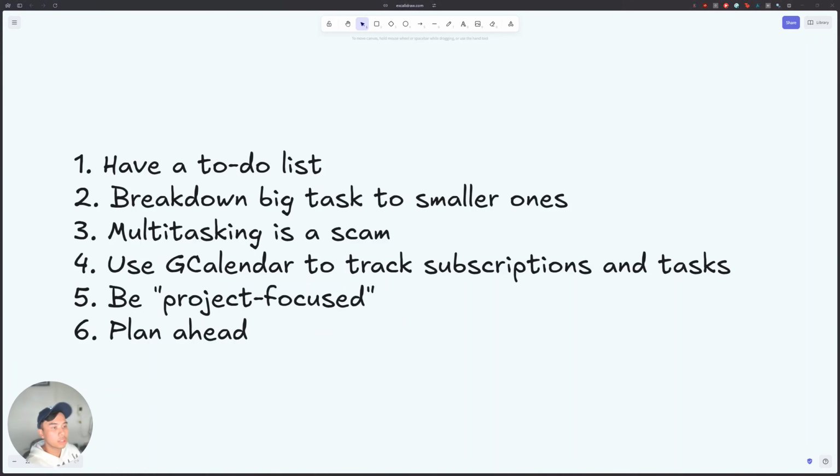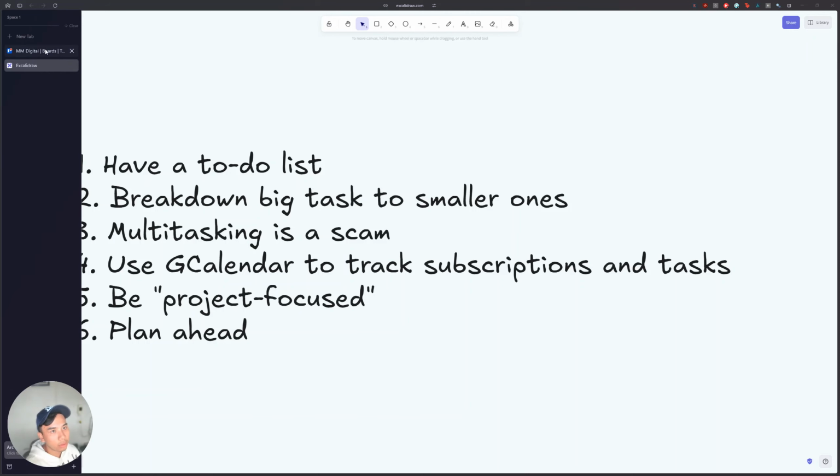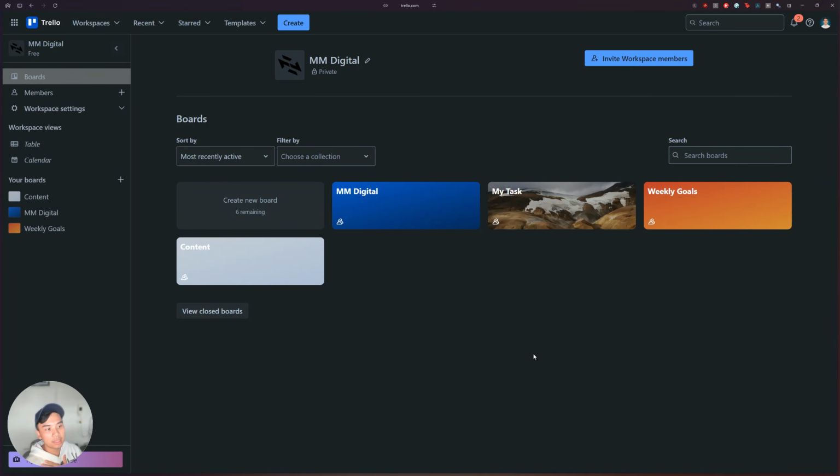And I've got a couple of tools that I'm using. Number one is Trello. I've got Trello to manage my tasks, to manage my team's tasks, to manage my clients. Every time I get a new client, I automatically create a new board for them so that everything is not forgotten. Everything is documented. And the good thing about Trello is that it's free. You can get 10 boards for free and you can connect it to your make.com or n8n, which is perfect. You can use Notion, you can use other Kanban board software, but I like Trello the best.